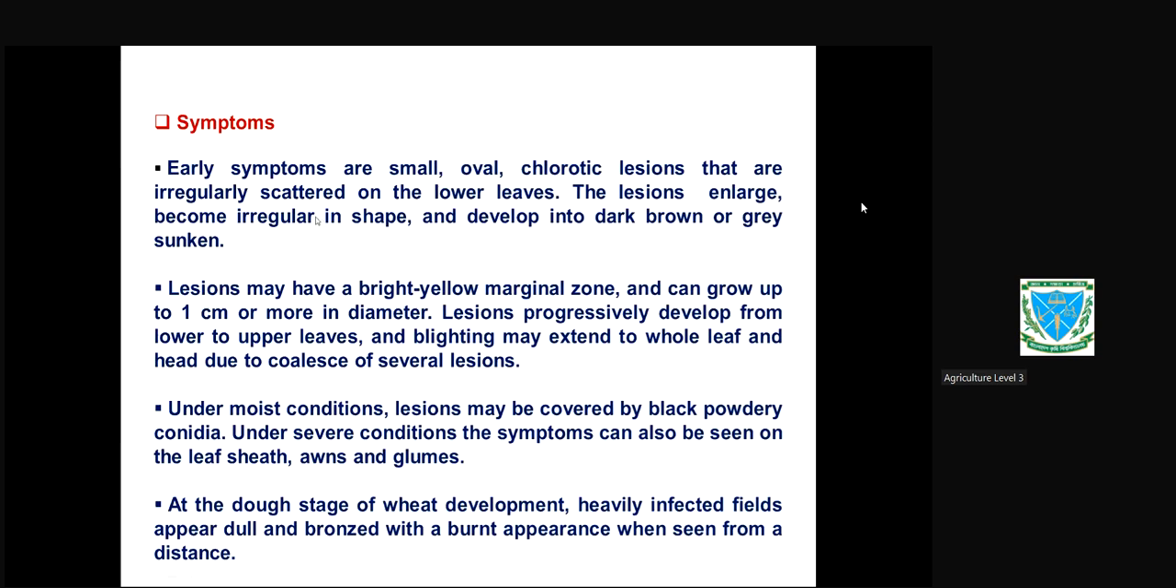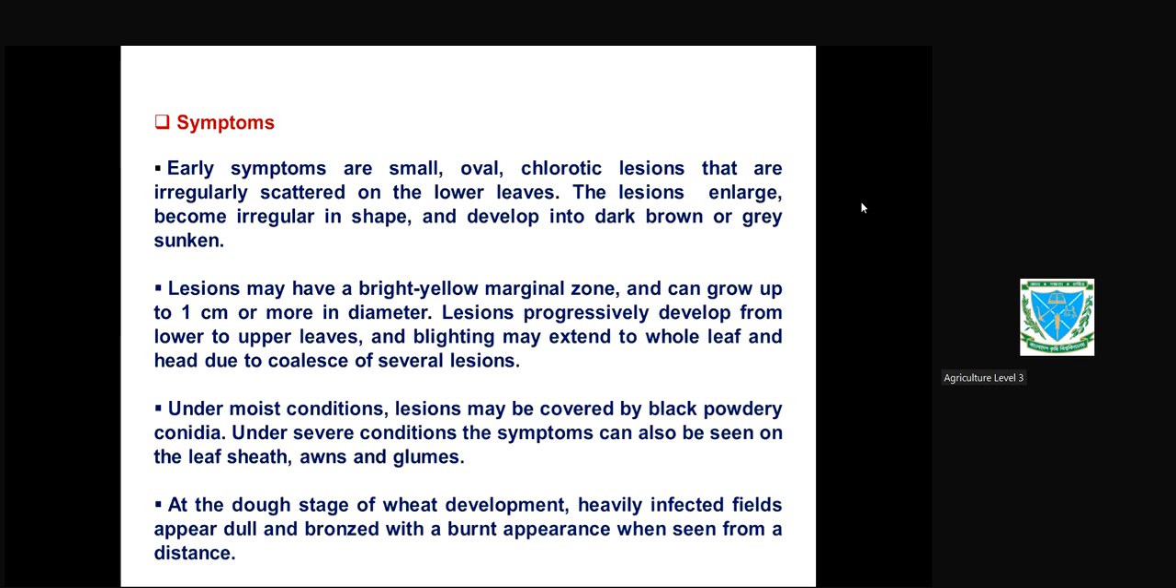The lesion enlarges, becomes irregular in shape and develops a dark brown or gray center. তার ব্রাউন মার্জিন থাকবে কিন্তু গ্রে সেন্টার ডেভেলপ করবে লেশনের মধ্যে। Lesions may have a bright yellow marginal zone up to 1 centimeter or more in diameter and progressively usually develop from lower to the upper leaves. নিচের লিফগুলি থেকে ইনফেকশন শুরু হয়, ক্লোরোটিক লেশন আস্তে আস্তে উপরের দিকে প্রগ্রেস করে।